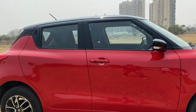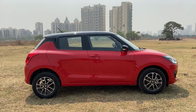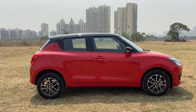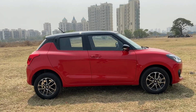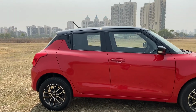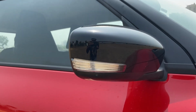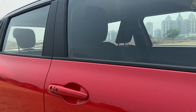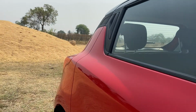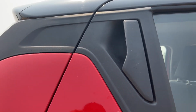Here's what the Swift looks from the side. Nothing much has changed. What you now get is dual tone color options. This one, our test car you see here, is red with a black roof. You also get blue with a white top and white with a black top. Black ORVMs with integrated turn indicators, request sensor for keyless entry, C-pillar mounted door handles,